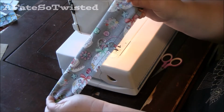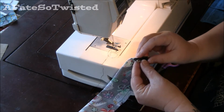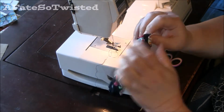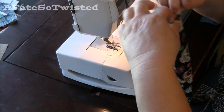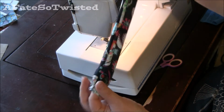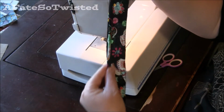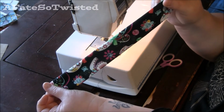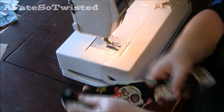And now we've sewn down that side right here, and we've got the ends open, and we just need to turn it. That seam that you did should be on the side. You shouldn't press that to the middle. You should press it to the side. I'm going to run to my other table and press this right quick, and then I'll be back to show you the next step. Okay, now that I have this pressed and I've got that seam on the side here,